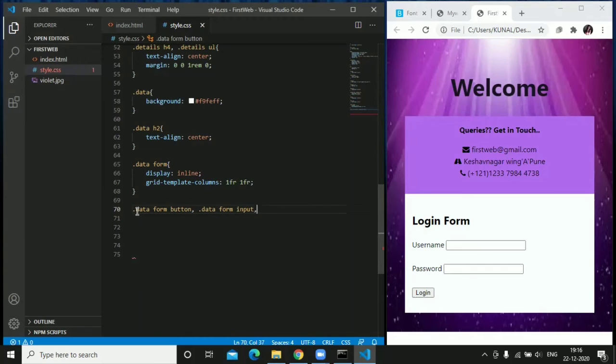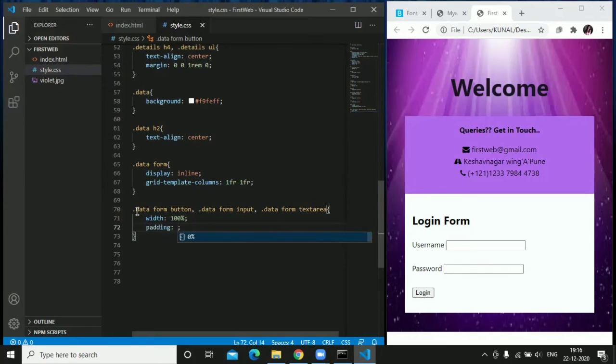Okay, so just write data form and textarea. The properties would be applied for all three of them. So just write the property width equal to 100%.